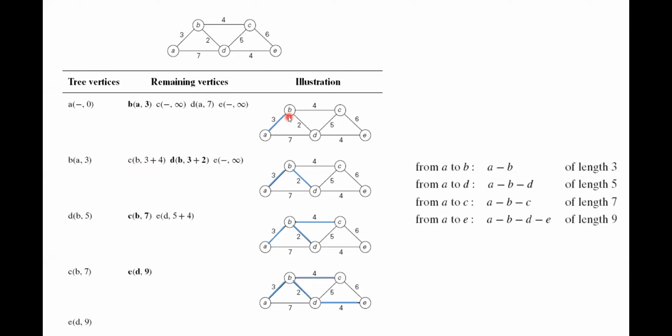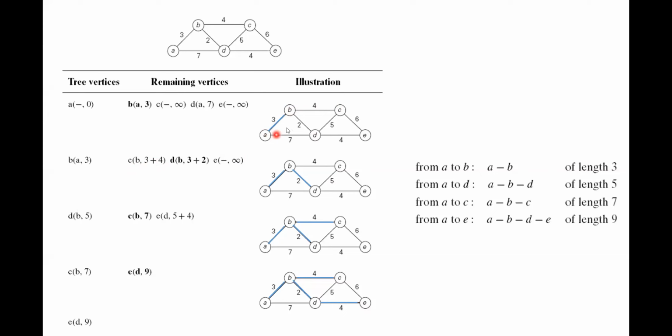Because to reach B, I have a cost of 3 from A, as I told, with respect to the source node only we must think. What is the source node? A. So if I want to reach C, first I must reach B according to the notation. To reach B, there is a cost of 3. From B, there is a cost of 4. So here it is written 3 plus 4. If I have to reach C from B, the total cost is 3 plus 4.